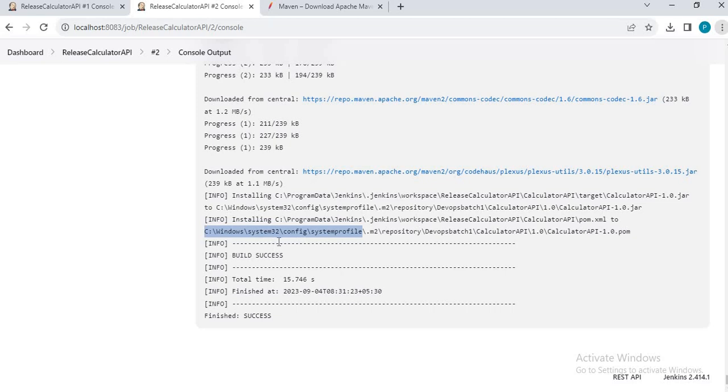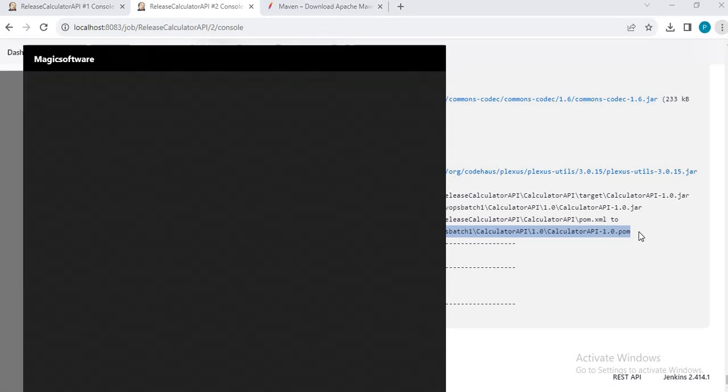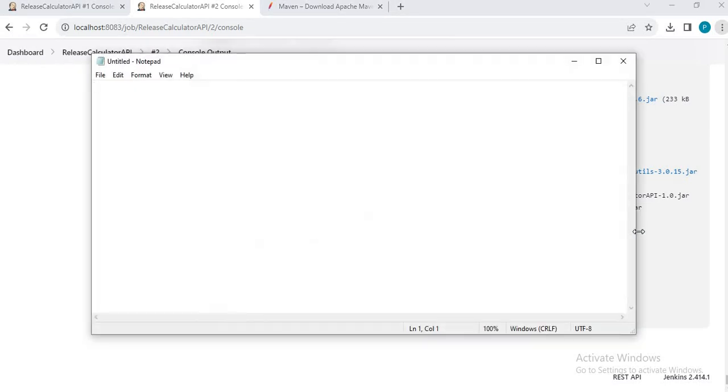So what we can do is change our local repository, because it has created the local repository in this particular location, and there it has installed our library. But let's create our own repository. We already know how to do that. Let's create a settings XML, and let's ask Maven to use this settings XML.